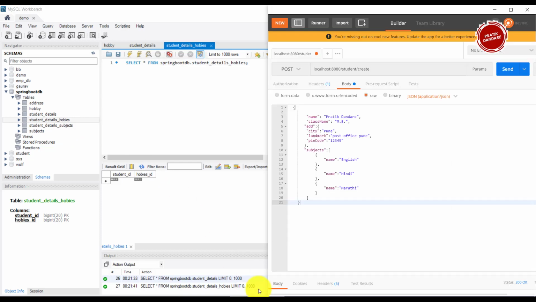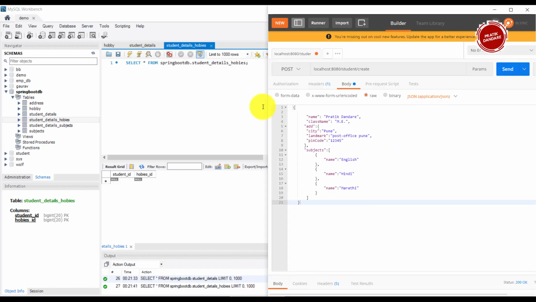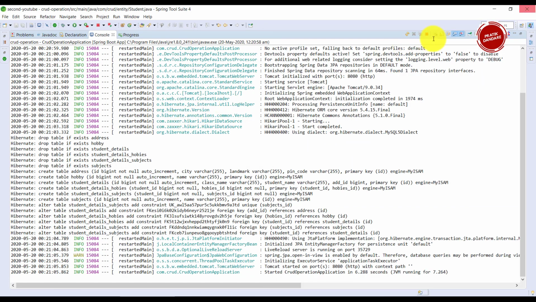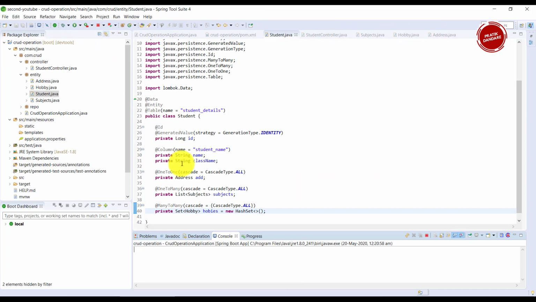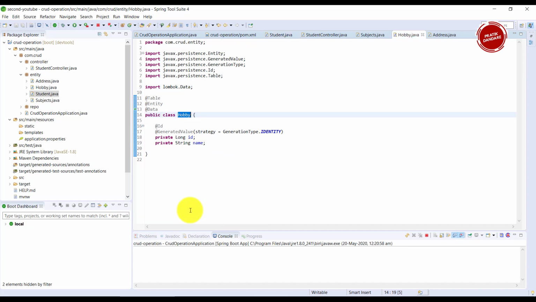Now let's check it. Okay, this is the old one. So what I do, I am clearing the console, and spelling is incorrect here. That always happens with me, and there is only one name.